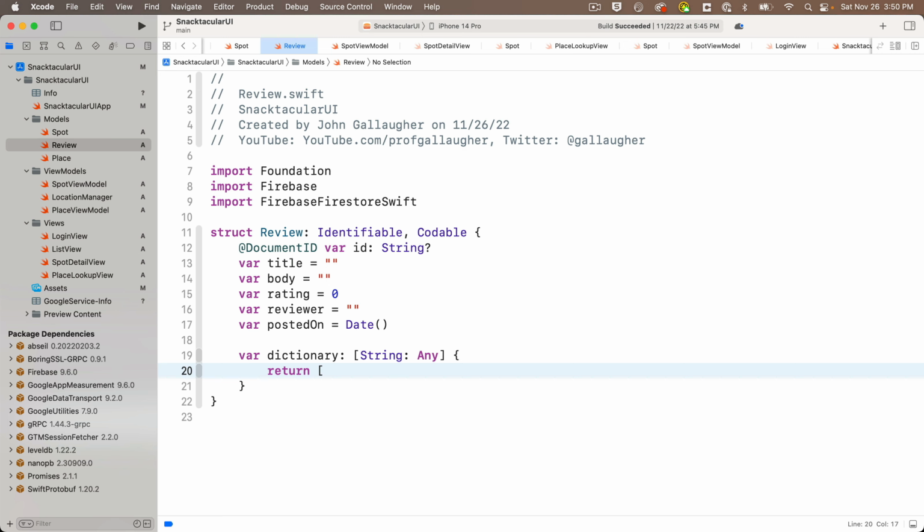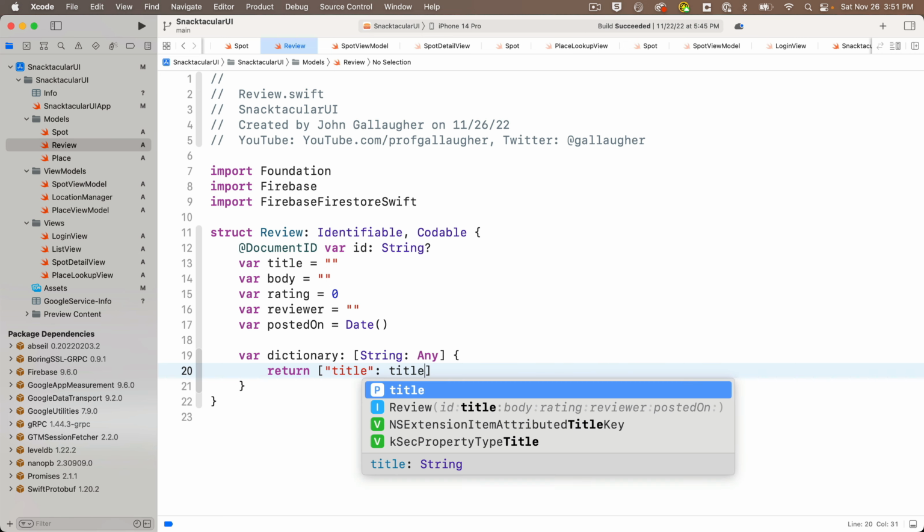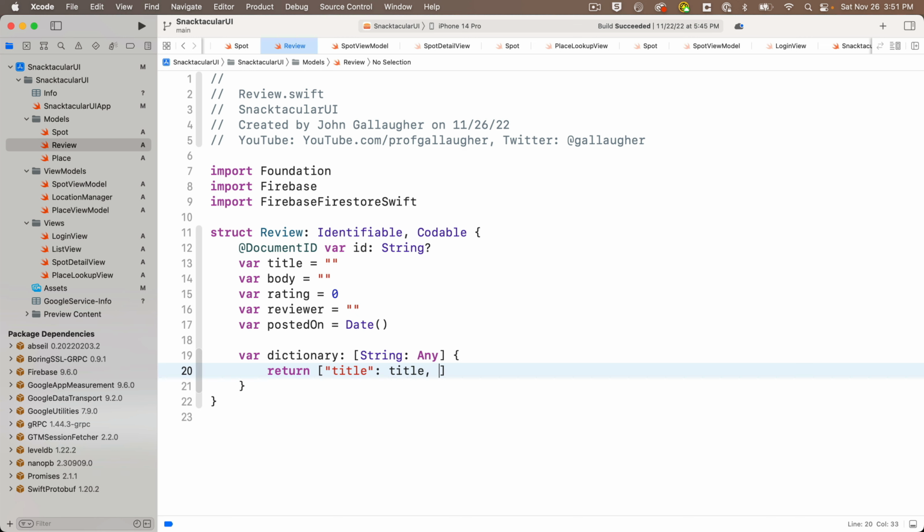And this is where we create the data that we're going to send out to Cloud Firestore. So between those square brackets, we'll say the string title, spelled just like the property, colon title, the title property, comma, the string body, colon body, comma, the string rating, colon rating, comma, the string reviewer, colon,